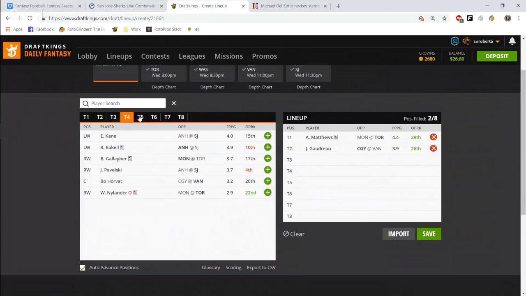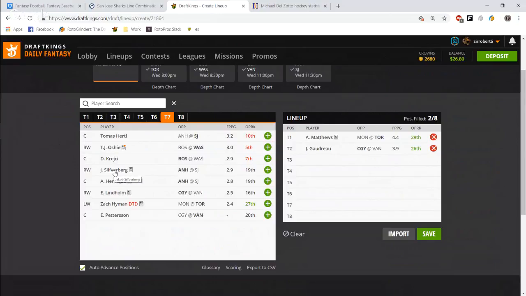I bet you Oshie's in here somewhere, really close. Yeah, there he is, exactly. That's interesting. Just by himself, chilling. I'd probably like to see an Oshie Backstrom stack. Maybe a Silverberg